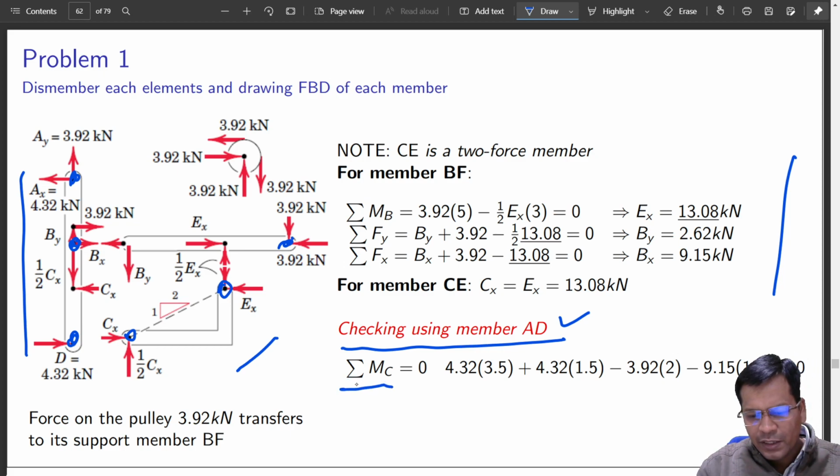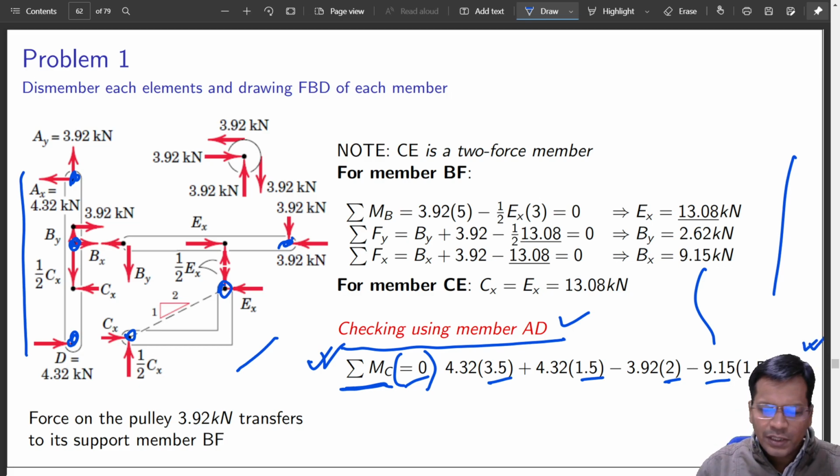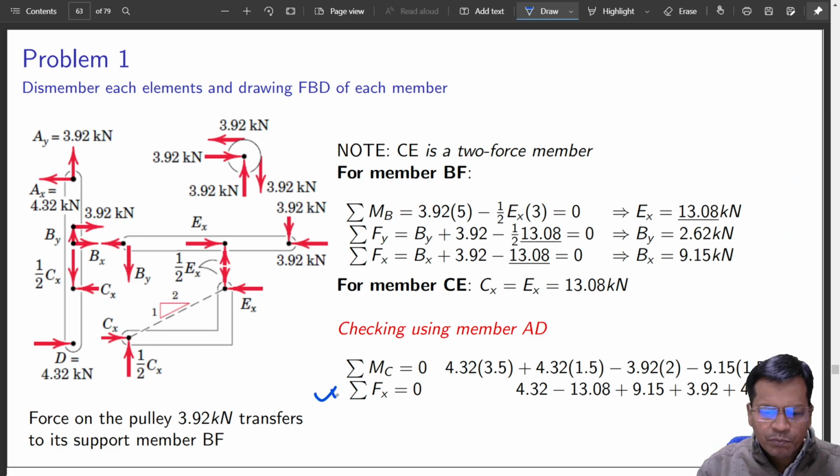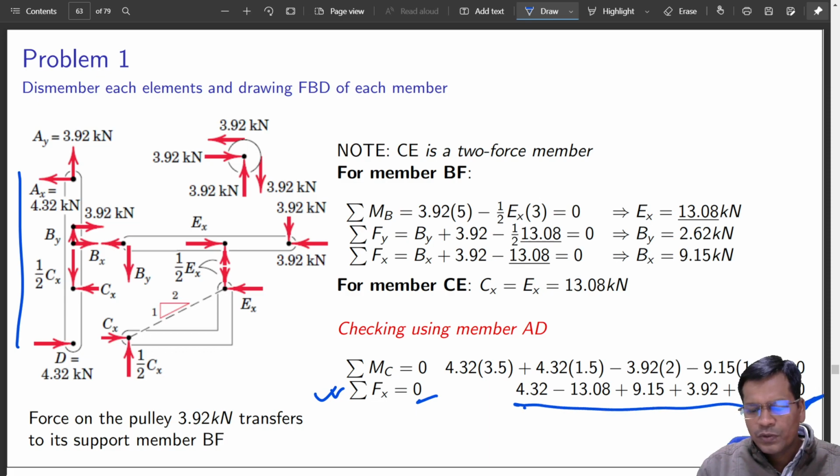I have just taken summation of MC, which I expect to be equal to 0. I have substituted the forces that I have calculated, 3.1, these were the distances. These are the forces, substituted from the earlier slide also. What I should get is that this equates to 0 finally. Not just this, even the horizontal force that acts on this link, the AD link, should also equate to 0. You just need to sum them all together and you should get 0, right?